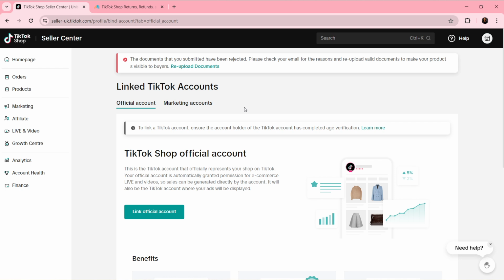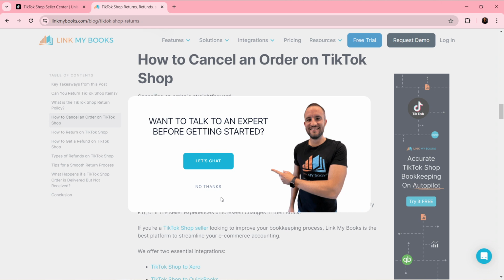So once you click on the shop icon, you're going to find a couple of icons at the bottom of the screen, and one of them you're going to find is order. So go ahead and click on the order icon, and once you click on the order icon, it's going to take you to the order window. Now once you get into the order window,